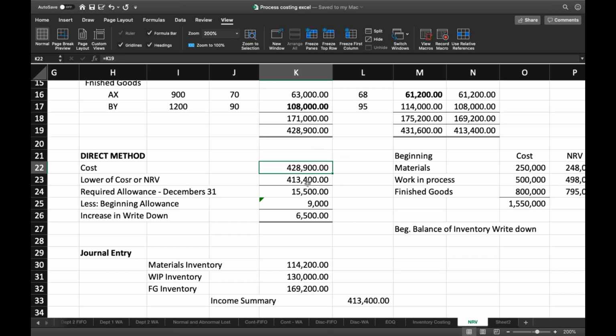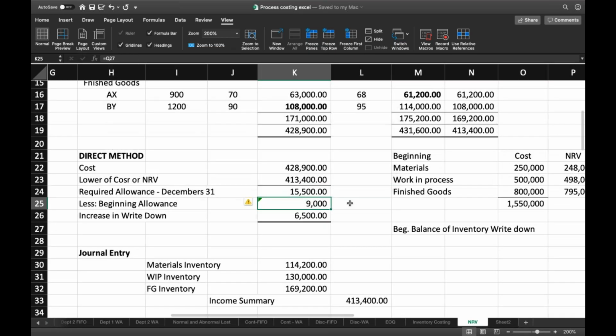The lower of cost or NRV is 413. So the difference between the two is 15,200. But since we have a beginning balance of our materials, work in process and finished goods, we have to also compare lower of cost and NRV for the beginning inventories